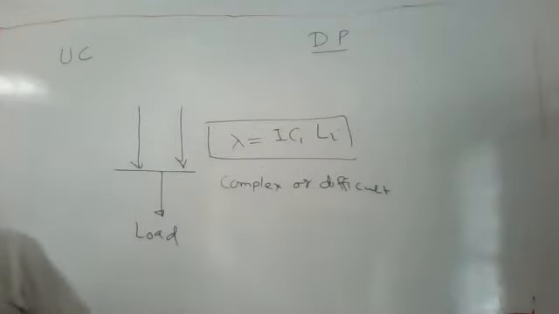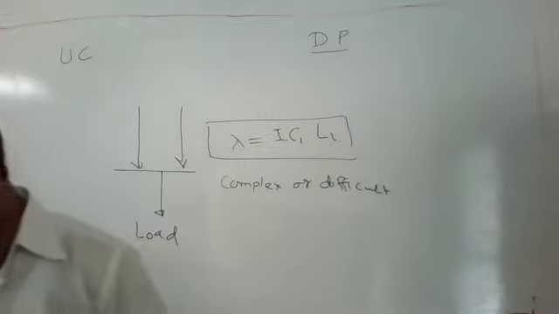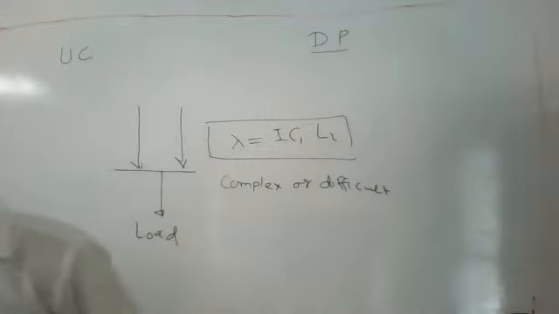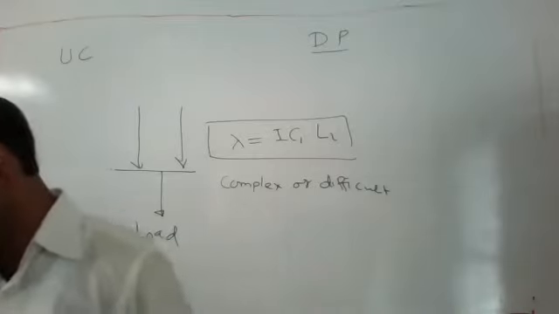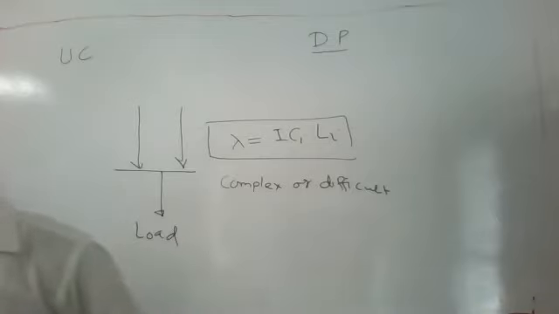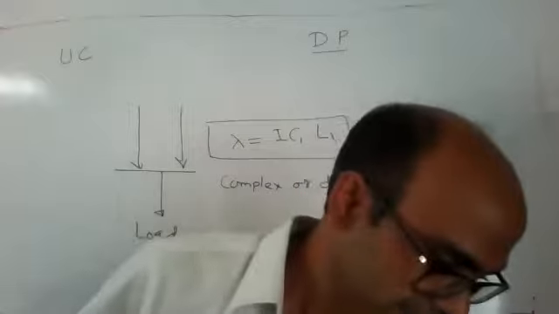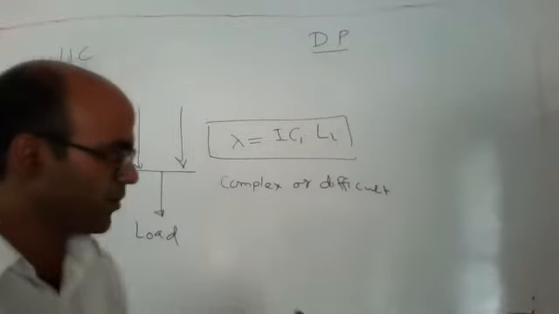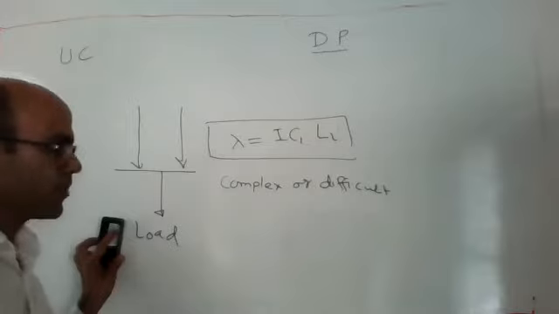So what we did in dynamic programming, first we have to formulate the function. Okay. So for solving dynamic programming, here let us start with 2 units. And the most economical unit is determined for all the discrete load levels. I am also assuming there are discrete load levels. Load will be discrete in steps like 1 megawatt.